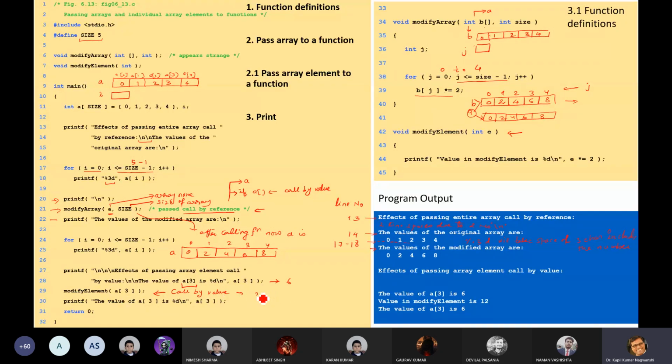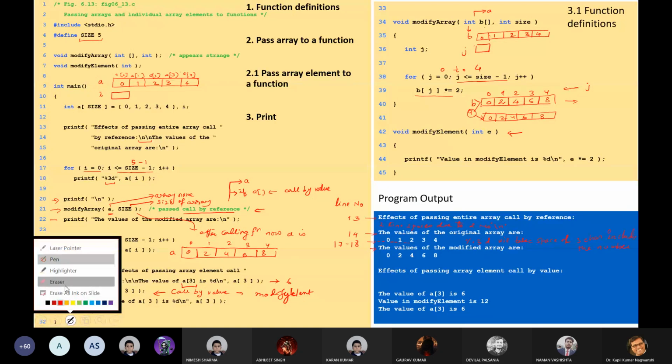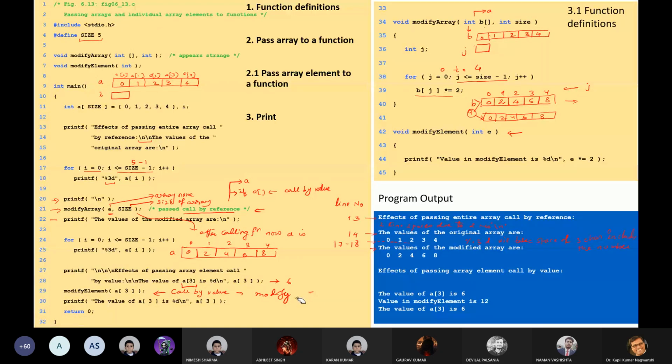We are actually passing to modify element the value of A[3]. So this is 6. 6 will be passed here.